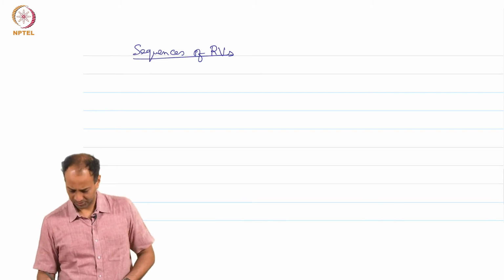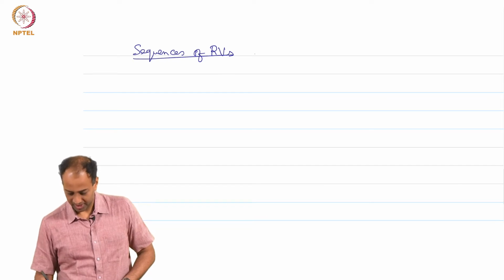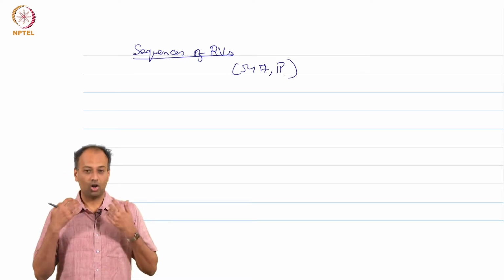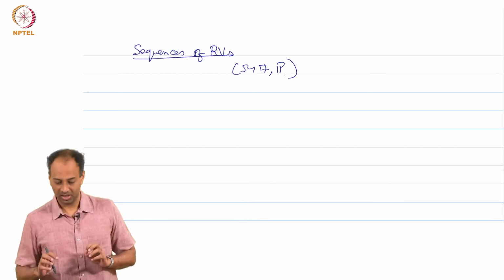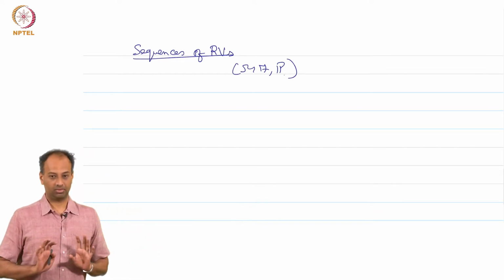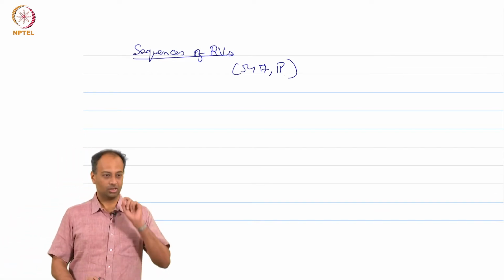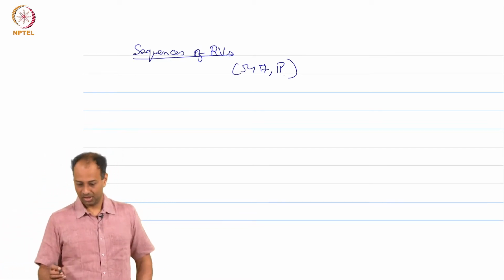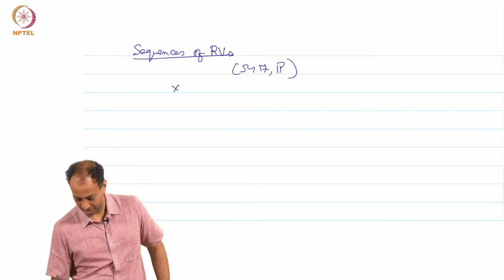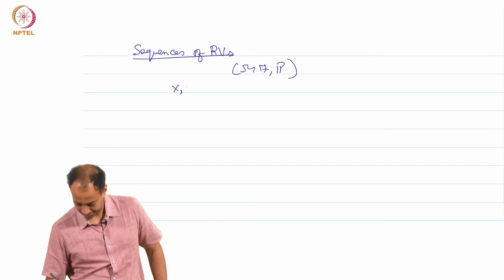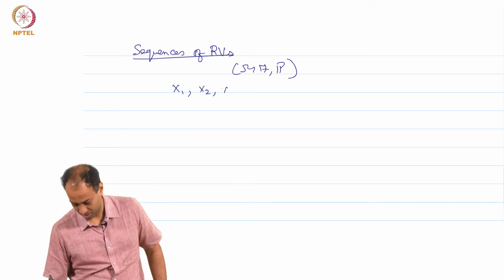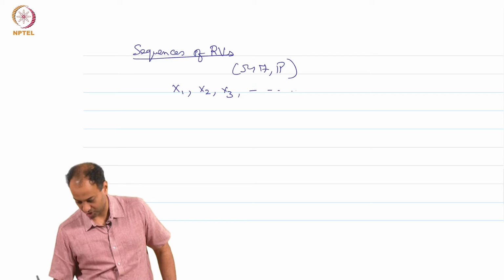Again, please keep in mind that Omega, F, P is always given, and all the random variables in the sequence come from this Omega, F, P. They all come from the same sample space. So, once little omega realizes, the entire sequence realizes. So, you have a sequence of random variables X1, X2, X3, dot dot dot.